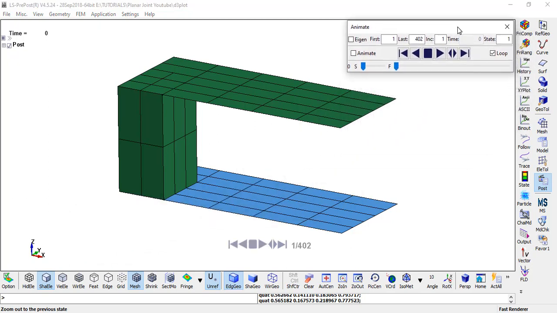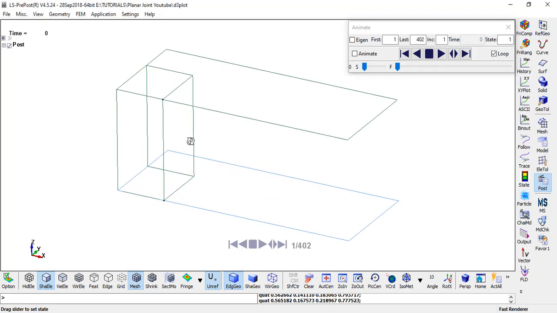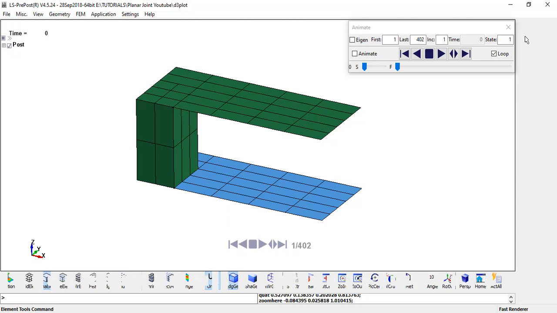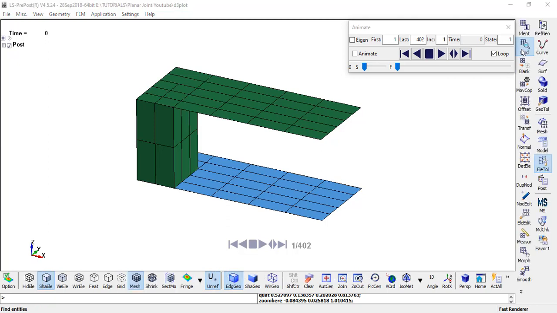Now let us see how the body moves in a planar joint. Okay, let us even find the nodes now.